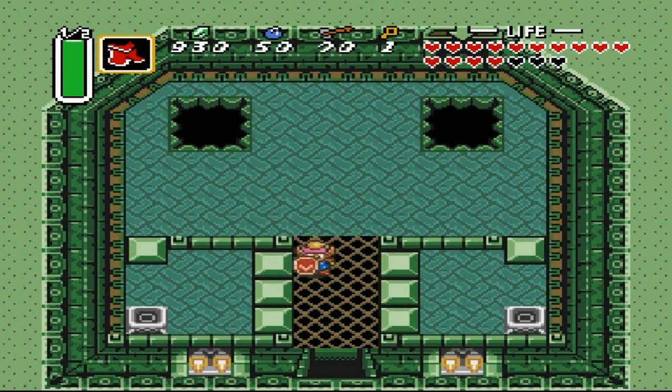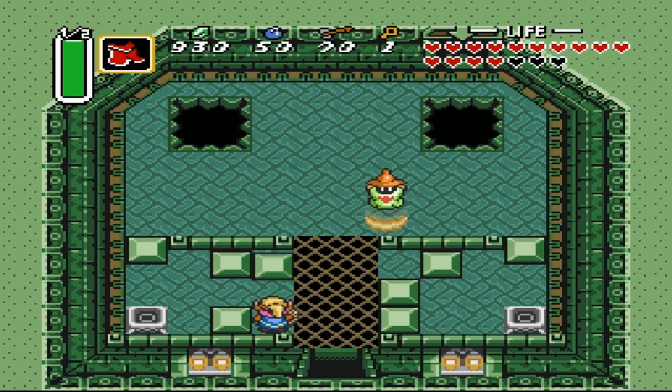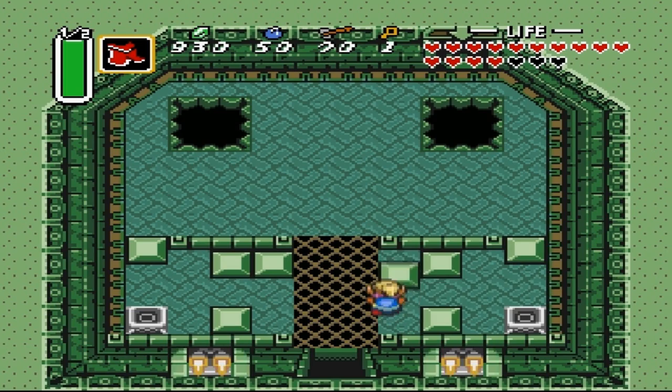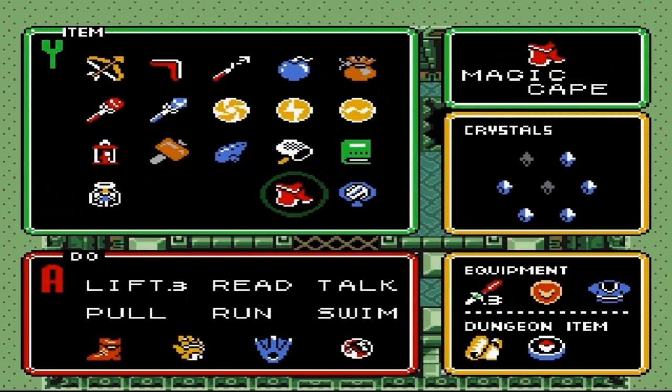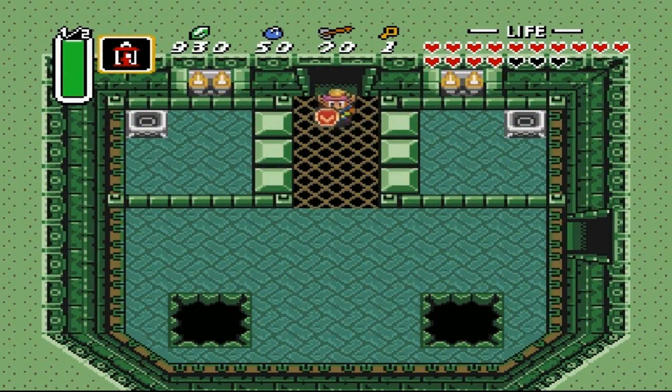And this room, I distinctly remember this room when I was just a small lad. I got stuck in here a couple times because I was like, well, I pushed these up and I put the fire on there. Isn't that what you're supposed to do? Why isn't it working? You have to actually go down, and there's another one, so you have to go between